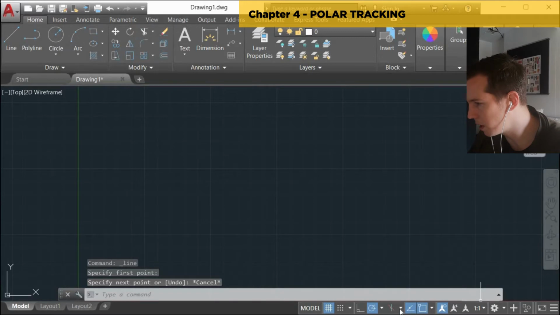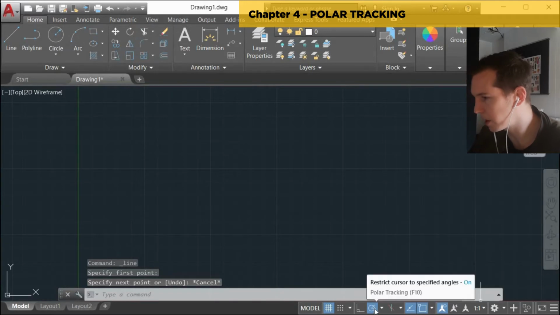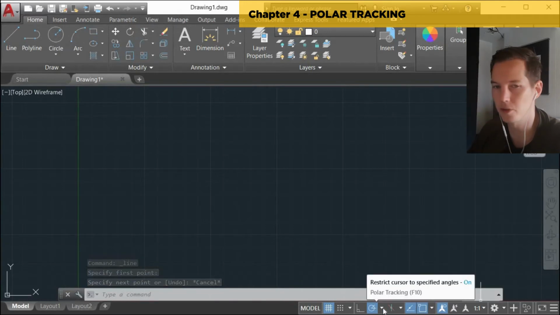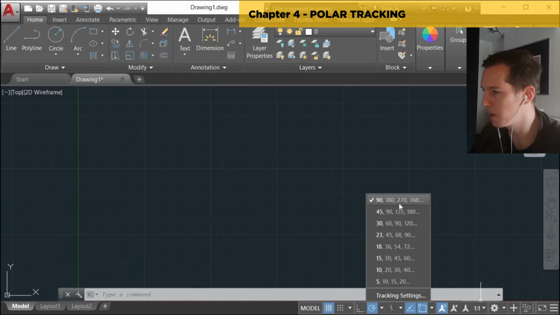Right now, if I go down to my polar tracking tool over here and I click the little drop down arrow next to it, you can see there at the top I've got selected 90, 180, 270, 360. So those are the 4 degrees of snapping I have. If I want to add an extra one between all those angles, let's say 45 degrees also, I'm going to